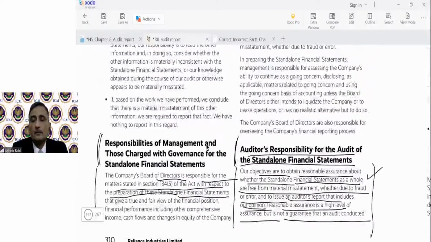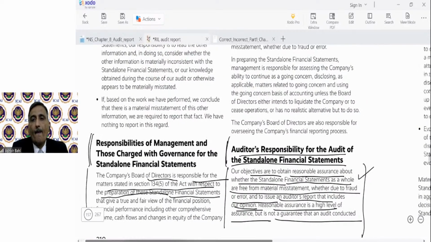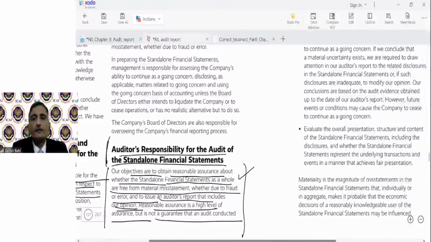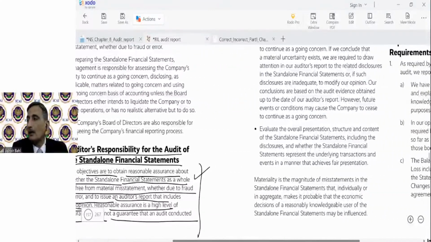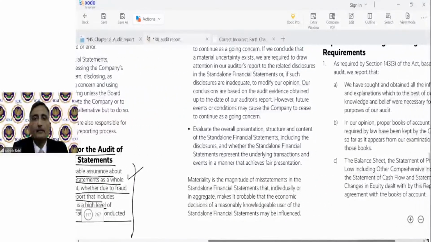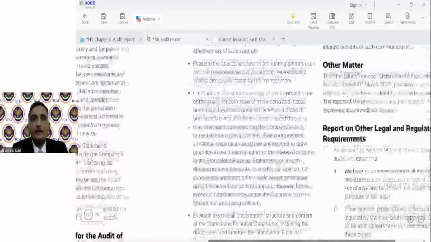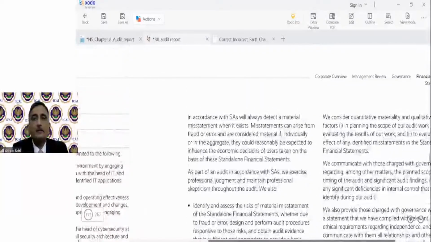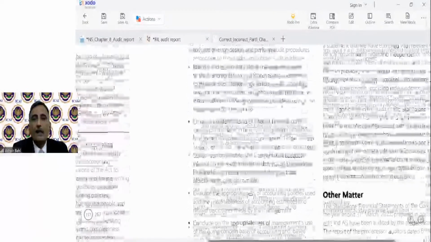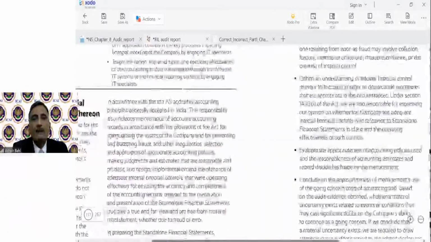Yes. Yes, students. Yes, Suman, you are stating that it was the auditor's responsibility, that we have studied it in SA 200. Yes. And what does it further state? It states that